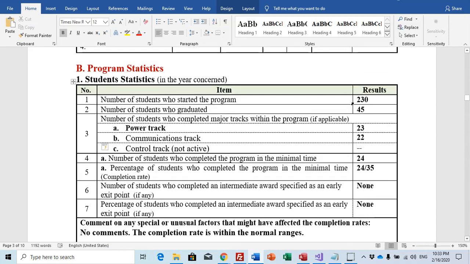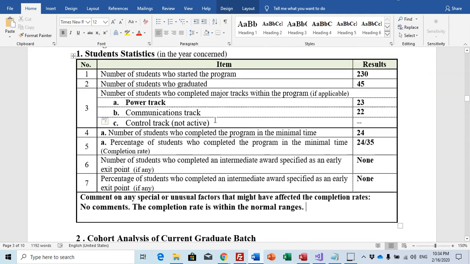Number of students who studied the program and number of the students who graduated. This is an important result to show that the number of students in your program is increasing or decreasing. Maybe here you have to write not the total students.